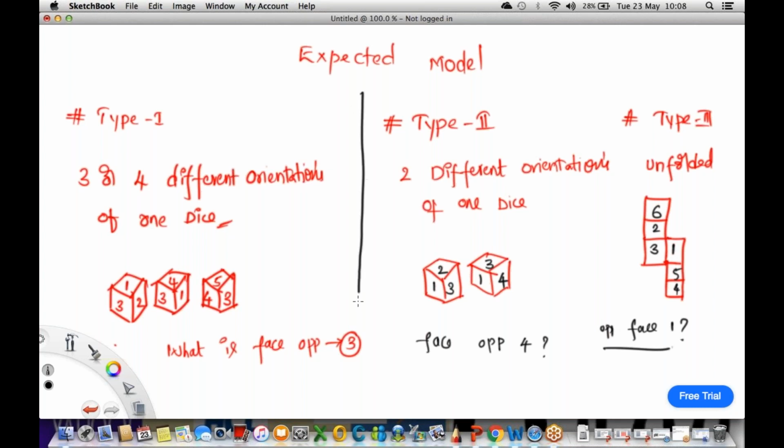So like this, these are the three different models or types of questions you can expect in the dice problems. So if you find these kind